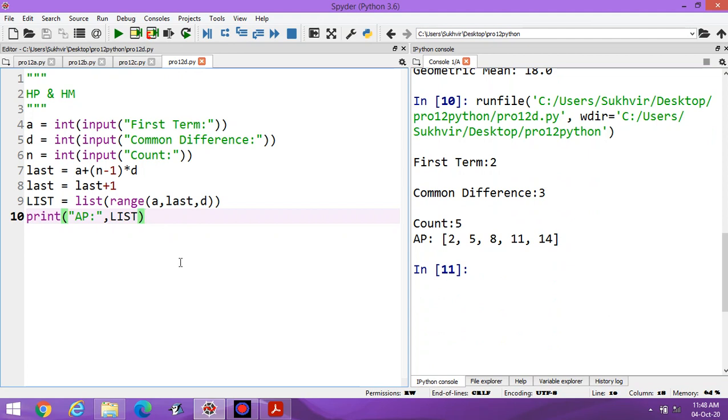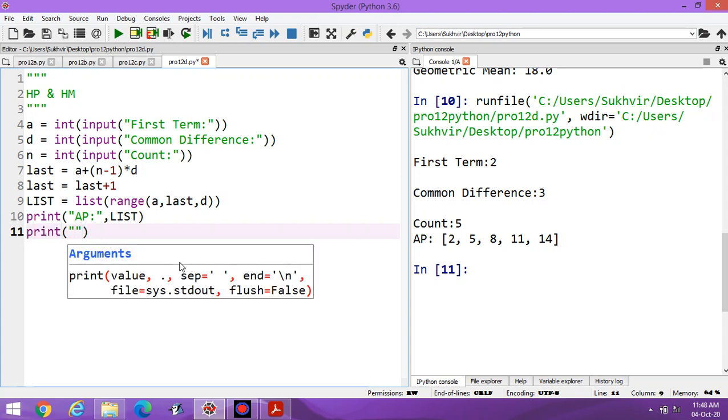Now I have to reverse this series so that I can display harmonic progression. For that, print, I am writing here harmonic progression.